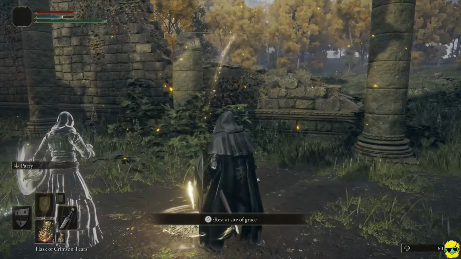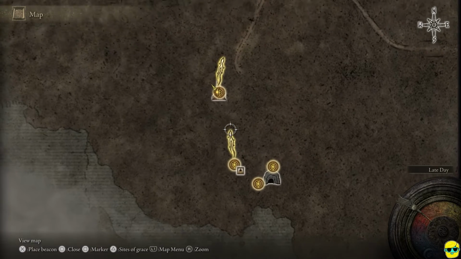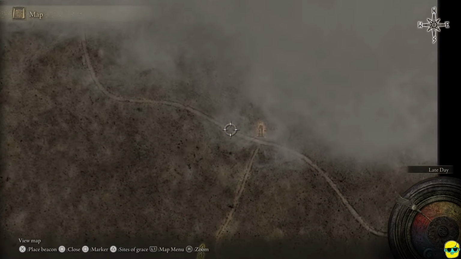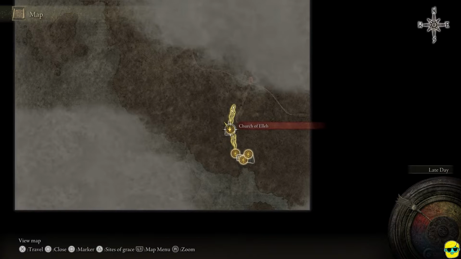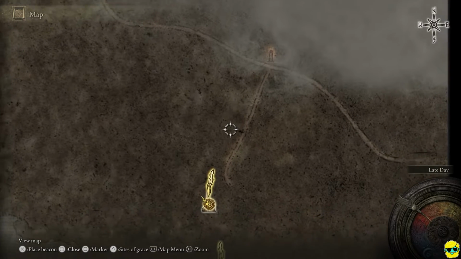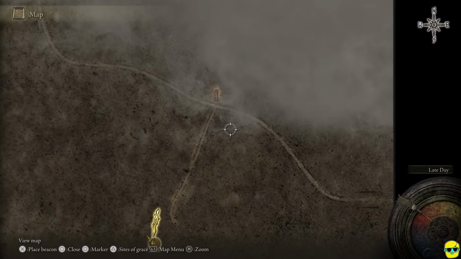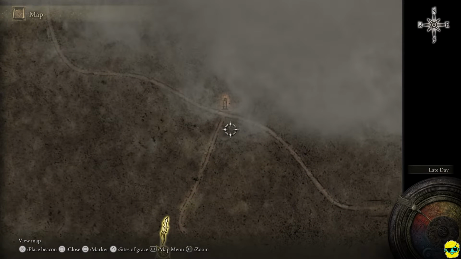So now the guidance has shifted. If I go to the map, you see the guidance led me this way, and then it kind of goes from here over in this direction. And look at this. There's a little bit more on the map as I've gone to the site of grace. Perhaps maybe me moving over this way, or maybe the site of grace has kind of pushed back some of the fog. But you see these roads winding through, and yet if you zoom in on the map as much